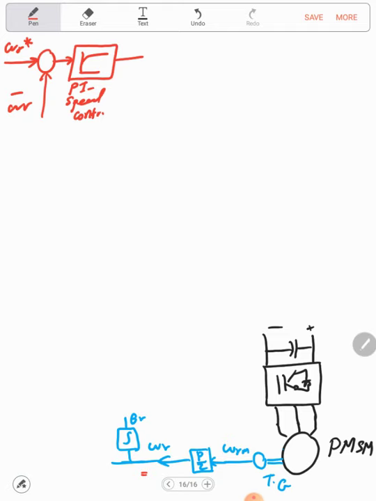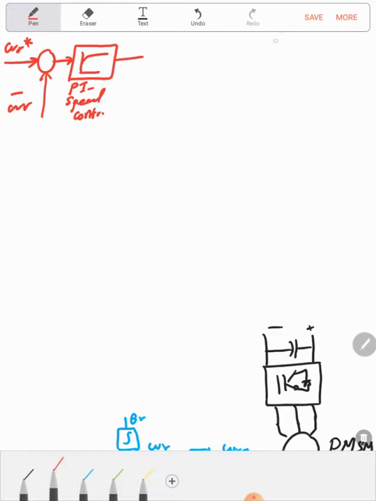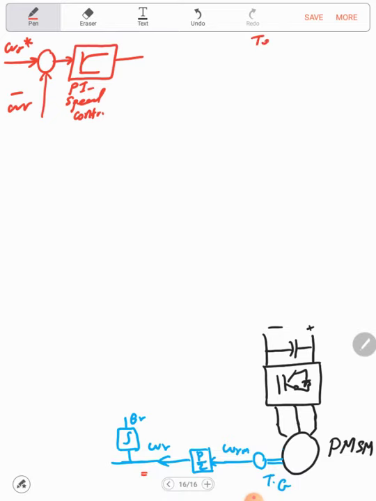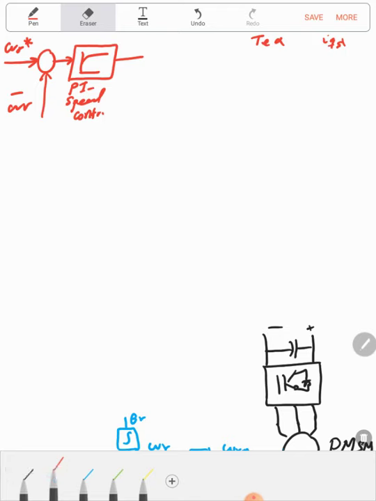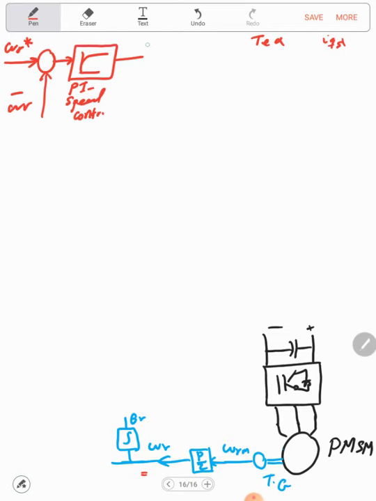If we recall, the torque will be proportional to lambda m and IQS, and lambda m is constant, so simply this means that the torque is proportional to IQS. So the output of the speed control will be the reference current IQS star. So this one we need to compare with the actual